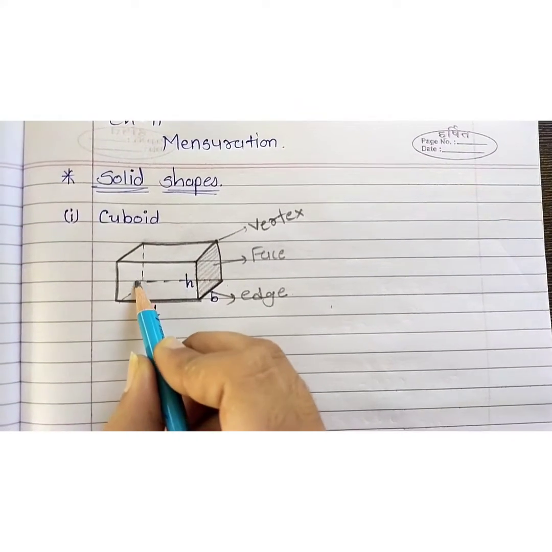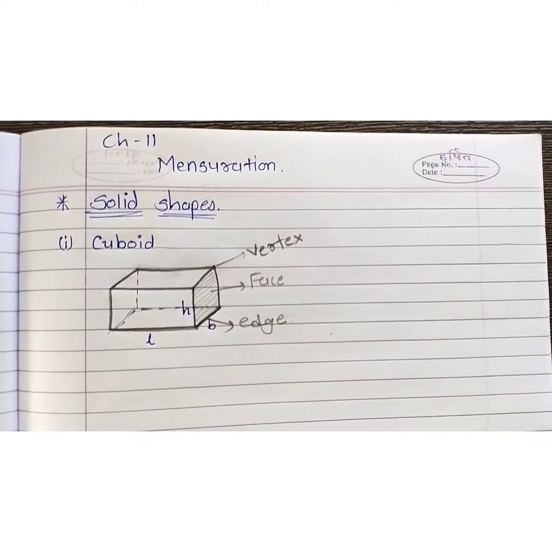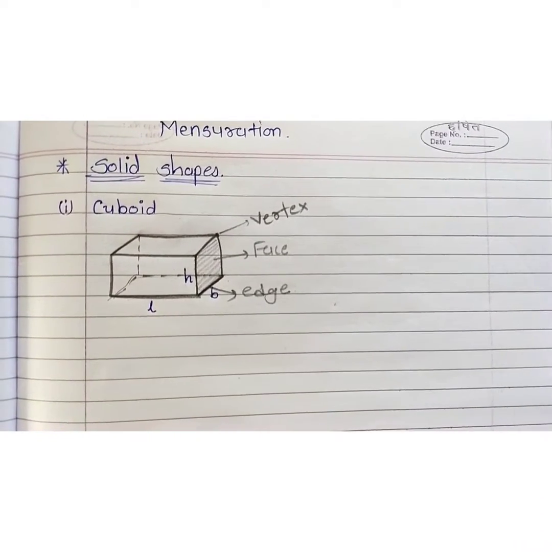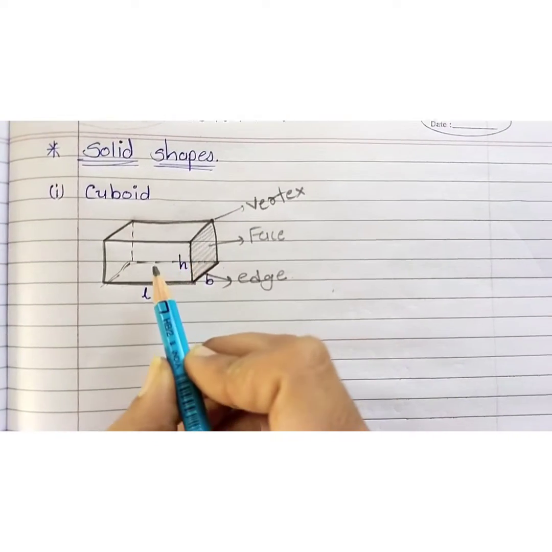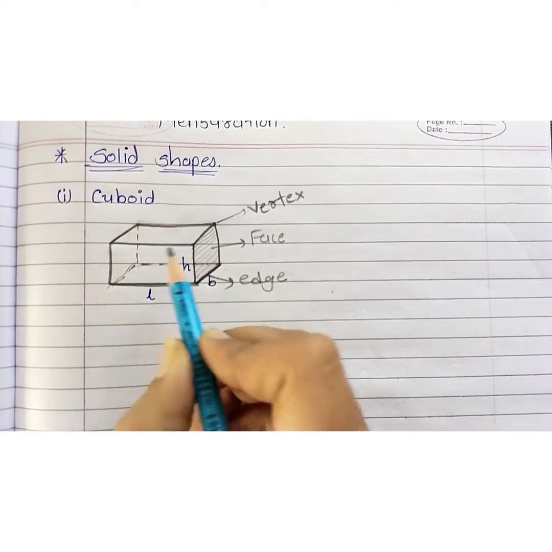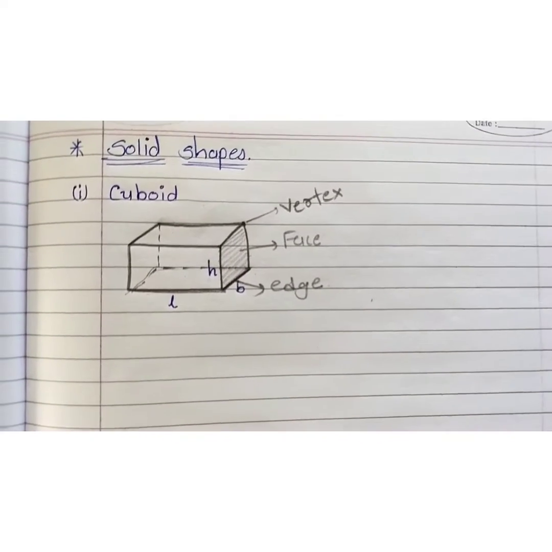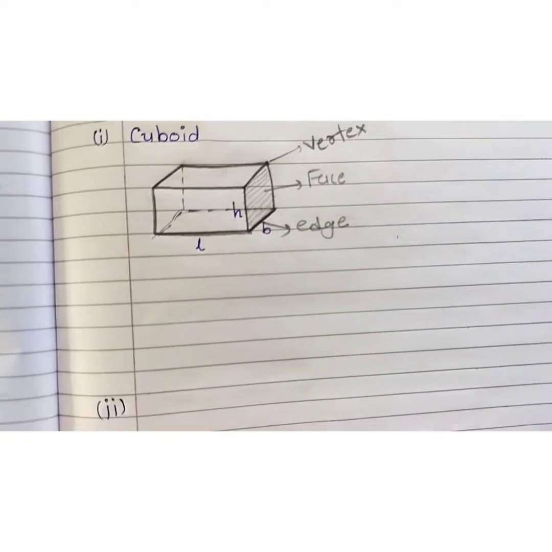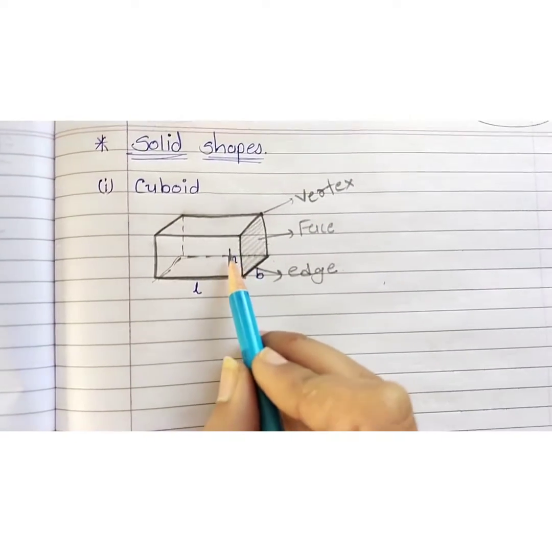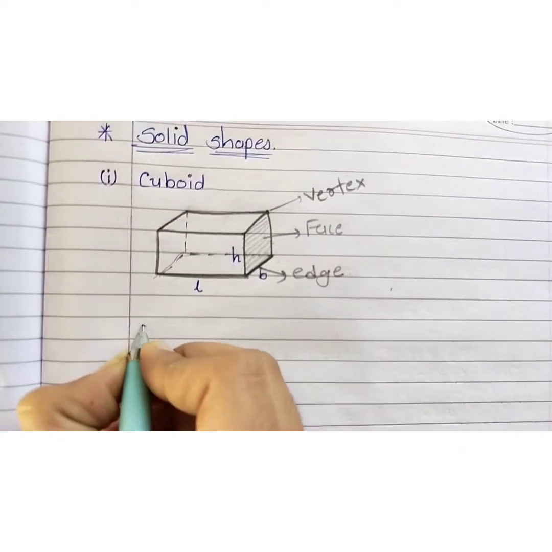Okay, if we talk about this, here we have total 6 faces. If you can see that we have 6 faces, 1 2 ऊपर वाला 3 4 5 and 6. We have 6 faces. So area of the face is L into B, H into L, H into B. ठीक है, therefore